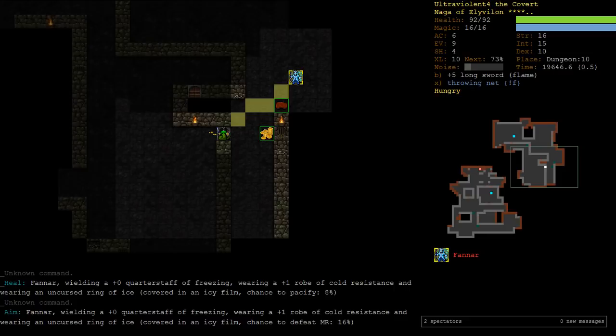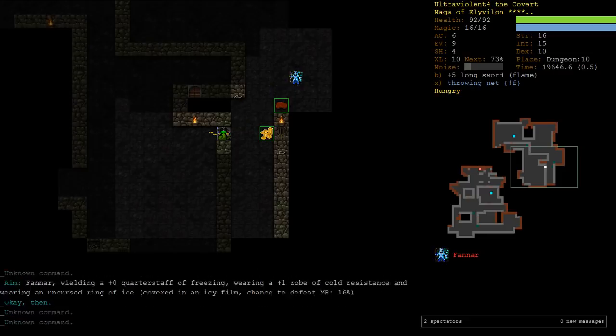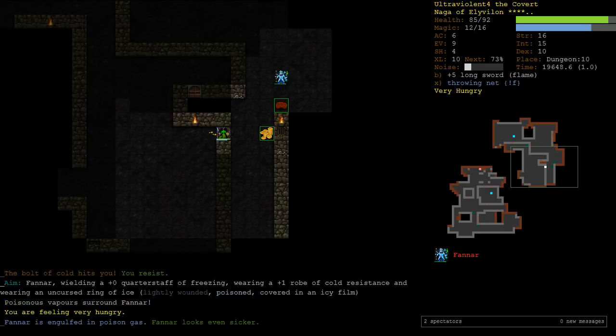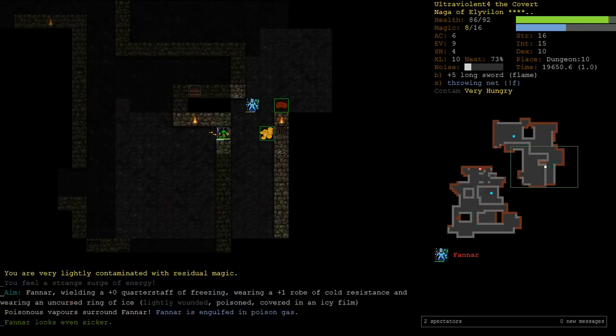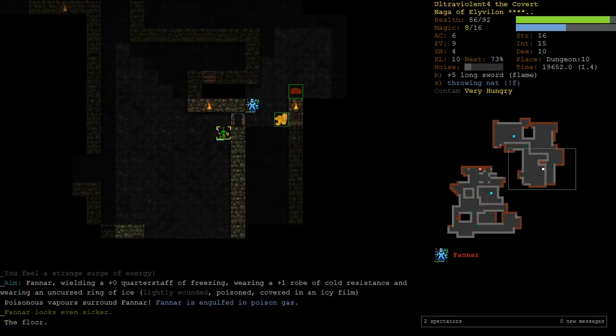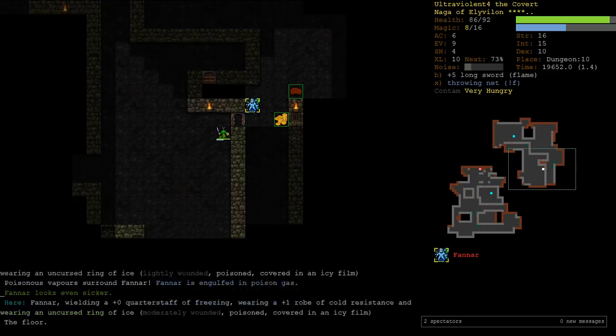Disintegration, only 16% chance as well. Okay, looks like we're going the poison route. Okay, he's going the Bolt of Cold route. One nice thing here is that... Oh, wait, we can cheese him. Okay, that's good. I was going to say, one nice thing is that if he blinks away,